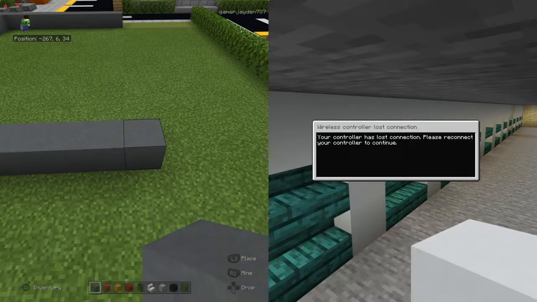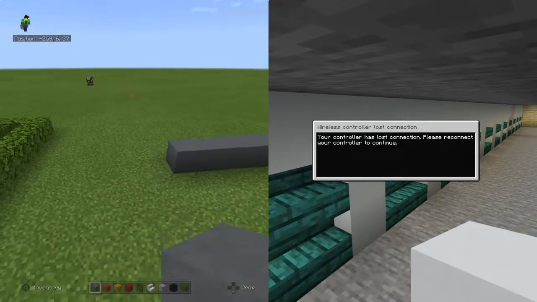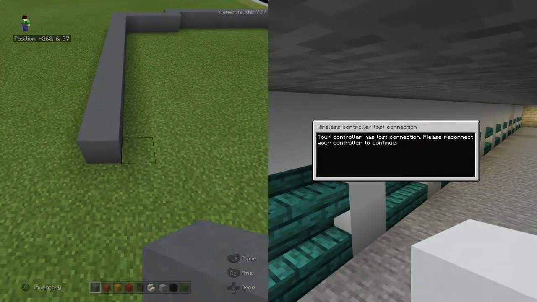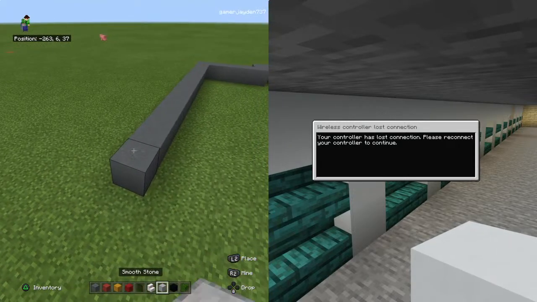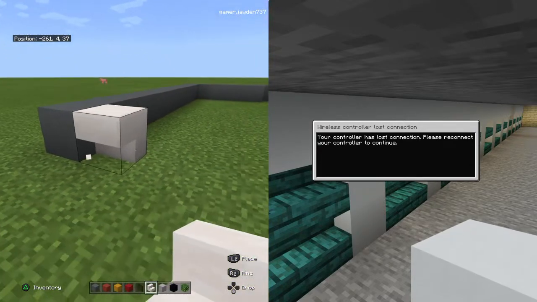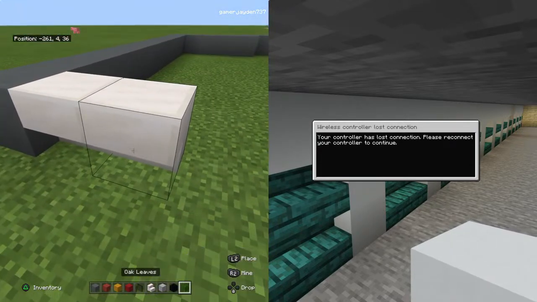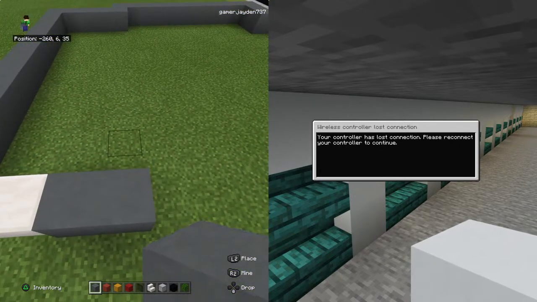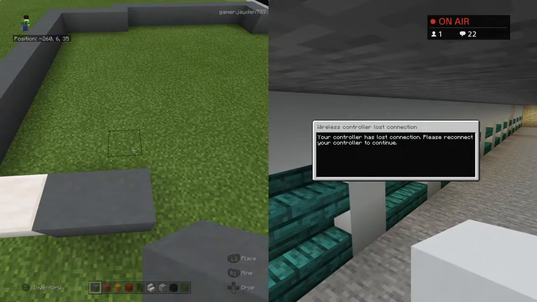Or actually, we can add a little bit of detail here. You can instead come towards the front of the building by placing 2 upside down quartz stairs. On the end of those quartz stairs, place 2 cyan terracotta. Extend that second cyan terracotta towards you, and then extend towards the front of